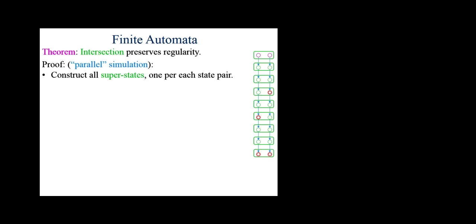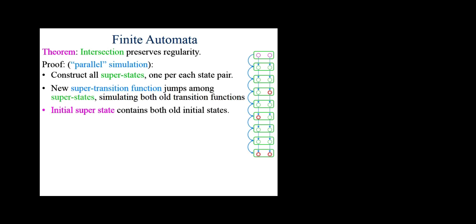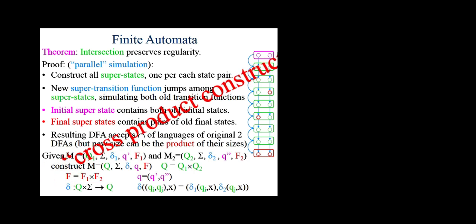All right. So last time we went over finite automata. We said that the intersection of two regular languages preserves regularity. And to show that, we used the so-called cross-product construction. That is, we simulated in parallel the two finite automata using a sort of super finite automaton that simulates both simultaneously. The final states are the superstates composed of pairs of states where both of them are final in the two finite automata respectively being simulated.